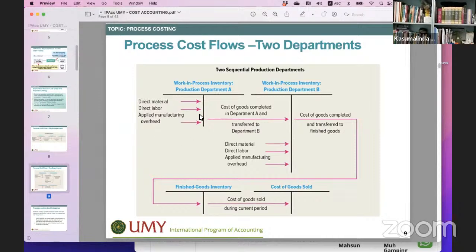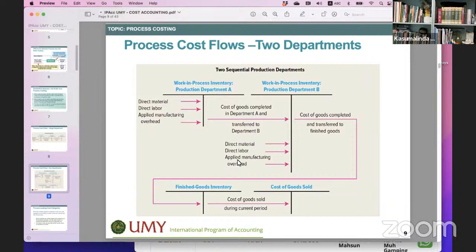Okay, jadi maksudnya, the cost that is being accumulated here is totaled once completed in this processing department, and it will transfer to the next department. All costs will be transferred to B. Okay, and it will be debited. And in Department B, the Department B will also incur